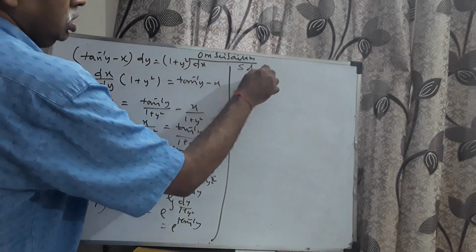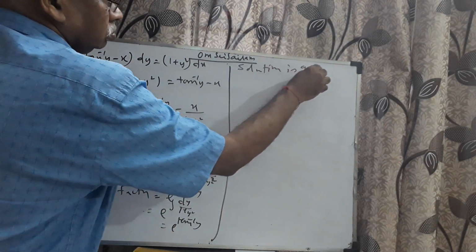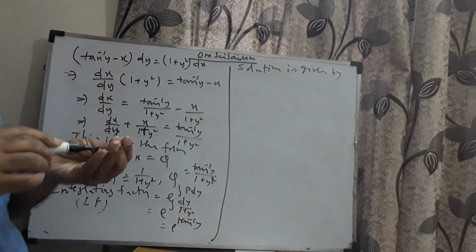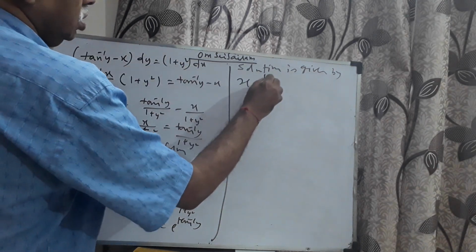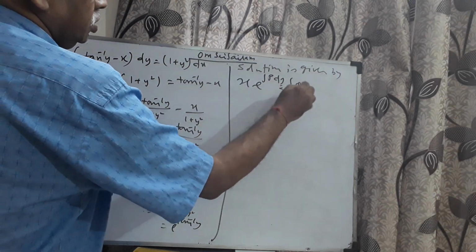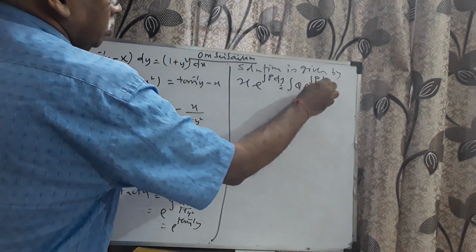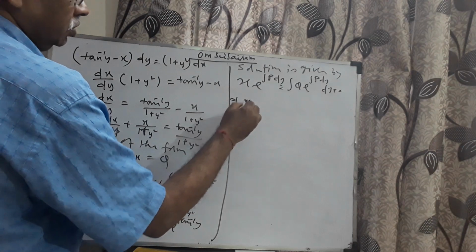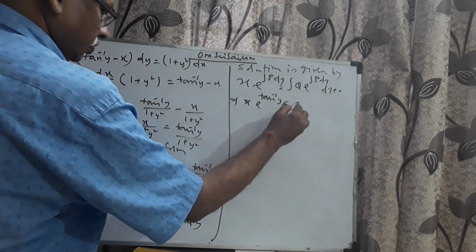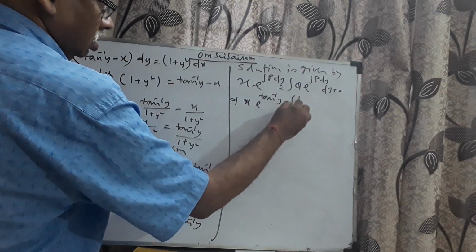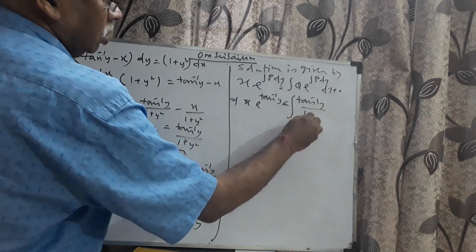Now solution is given by, let me take another pen, it's not writing properly. Let me just take another pen and proceed. x e power integral p dy is equal to integral q e power integral p dy plus c, which implies x e power tan inverse y is equal to, this is of course integral tan inverse y by 1 plus y square